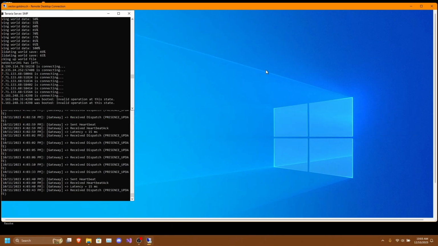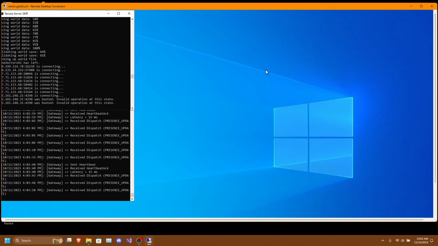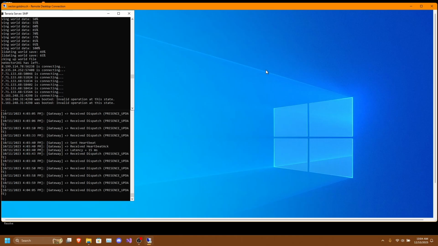So the first thing that we'll be setting up is a Voicecraft server with client-side positioning. Now with the client-side positioning, we don't actually need to set up or link a Minecraft server, as this will allow anyone who connects to be able to connect to any other single-player world, server or realm, and be able to communicate with everyone connected to the Voicecraft server.